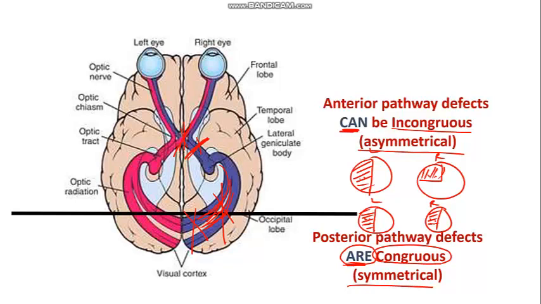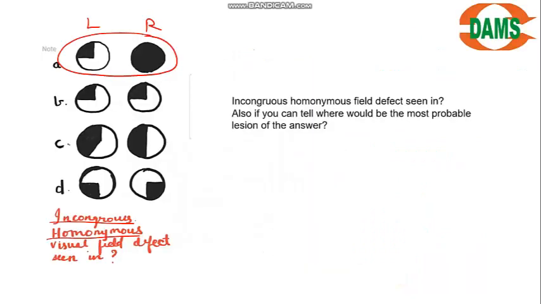The optic chiasma is very, very important. We'll see one advanced point in visual fields tomorrow. But today I just want to differentiate that a defect can be unilateral versus bilateral, homonymous versus heteronymous, or congruous versus incongruous. So let us see the question.